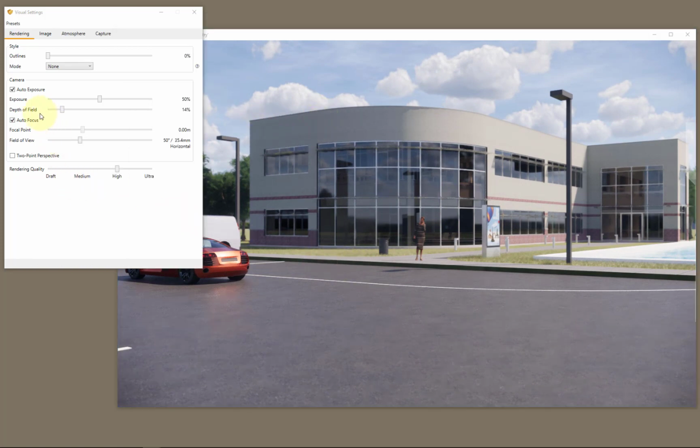Right away here we can see the depth of field, still adding some interest to the trees in the background rather than them being super crisp. They sort of blur out just a little bit. In this case, the autofocus looks pretty good. And again, notice the background, the sky dome. You can start to see some of the trees in the reflection of the glass